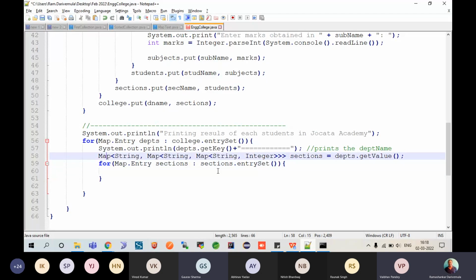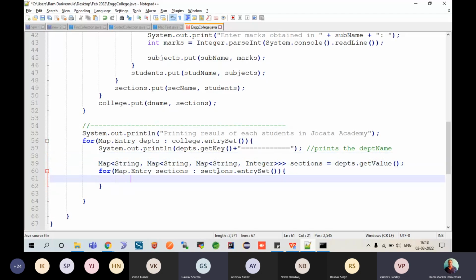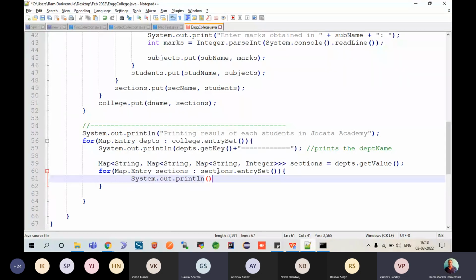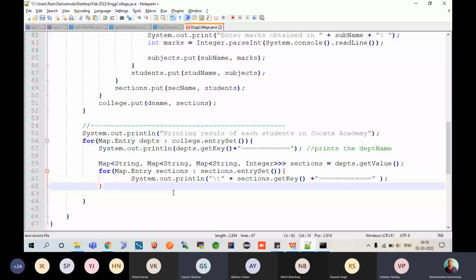You are getting this point, right? The way I am trying to do. Now here करना क्या मुझे? I need to print that system dot out dot println slash t, मतलब एक टैब स्पेस दे रहा हूँ उसको डिपार्टमेंट के अंदर लाने के लिए। आई एम ट्राइंग टू से प्लस sections dot get key is what I said। हो गया, right? Then after printing this, within this for loop, before I close this, ये section का name print